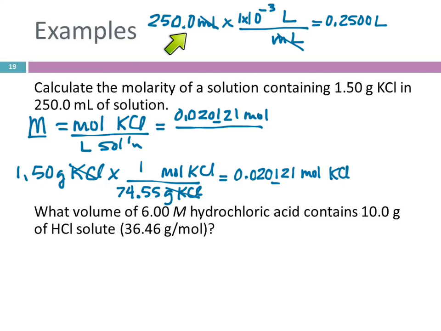This number has 4 significant figures. Because this is a metric conversion, and you do not gain or lose significant figures when you do that. So that's the number that goes in the denominator, 0.2500 liters. So I can do that division, and I come up with